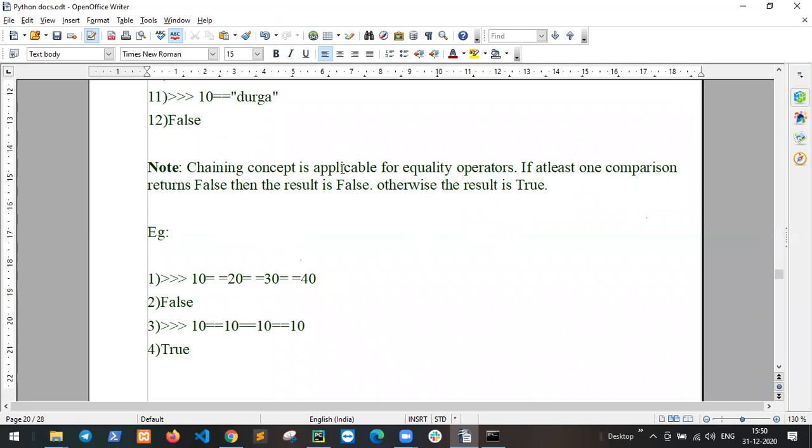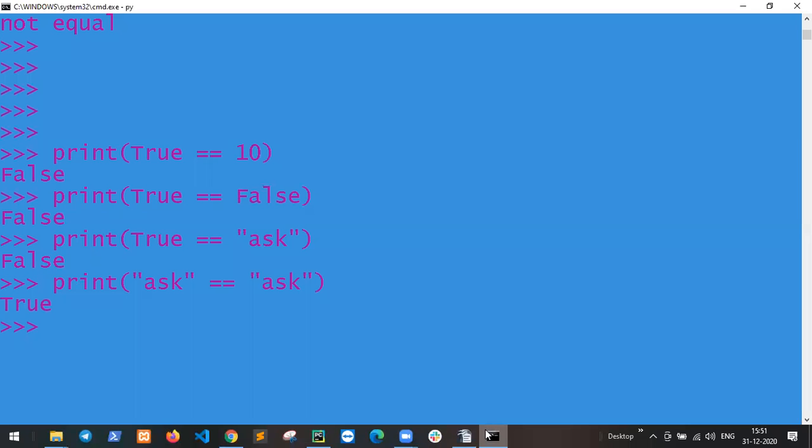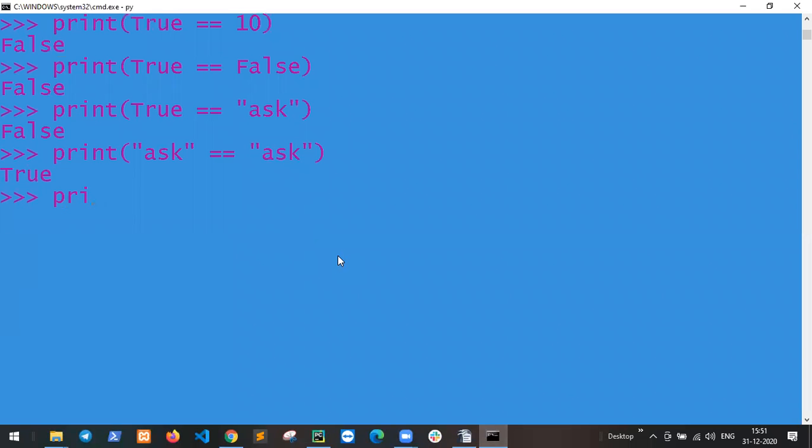So 10 equal to 20, equal to 30, equal to 40, then the result is false.